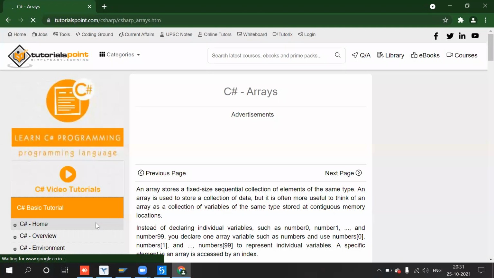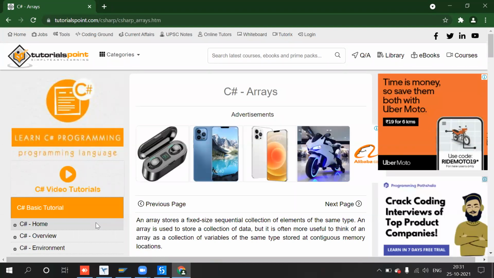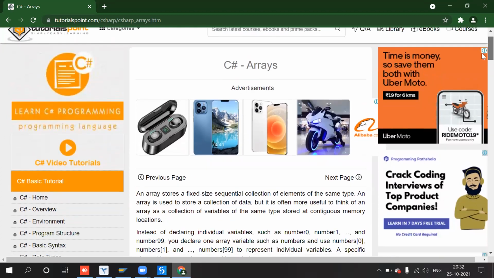This is also one of the very good sites where you can learn C#, or Python, or VB, or Java, whatever it may be. You will be able to see material for all the different languages. W3Schools is also one of the sites, and JavaTpoint.com is another.